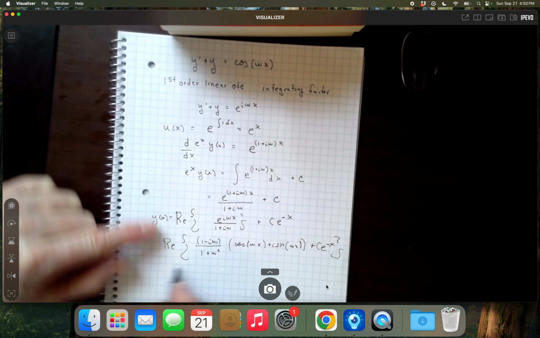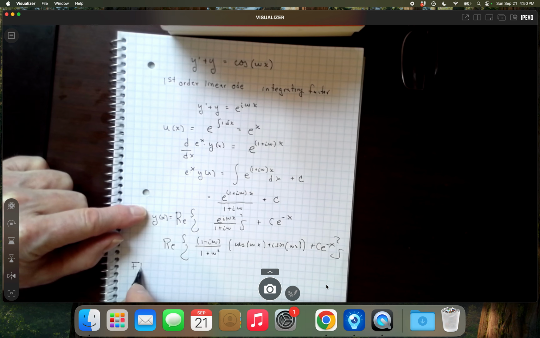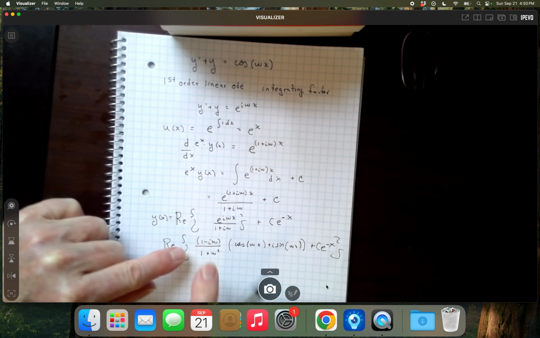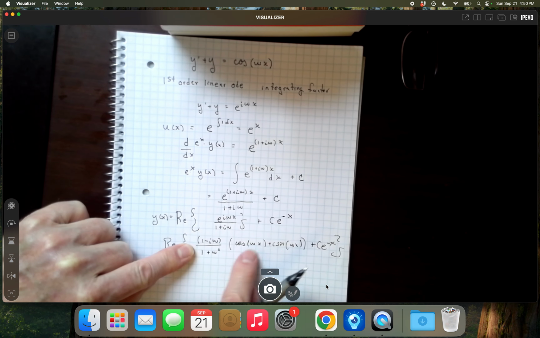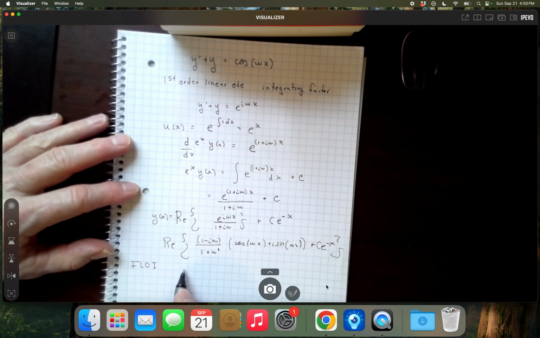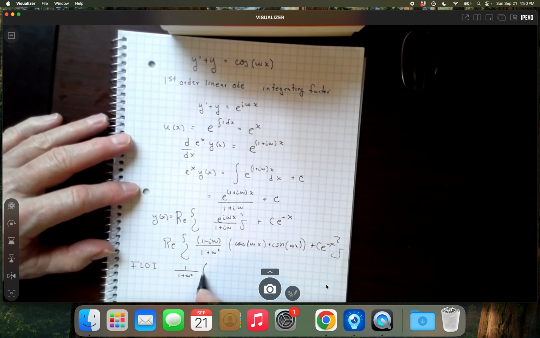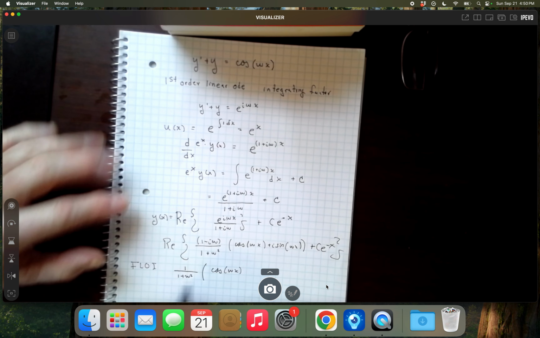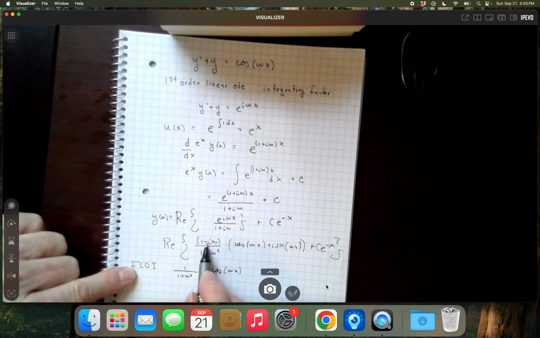Well, we're going to use that FOIL again. You're multiplying, this is like a binomial times a binomial. It's a complex number, right? So we take the first terms. So I am left with 1 over 1 plus omega squared cosine omega x. The last terms, I have a minus i squared, which is plus